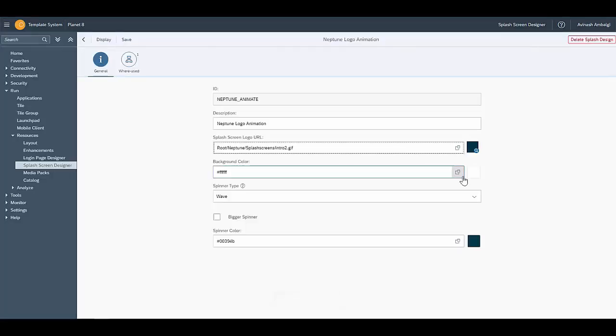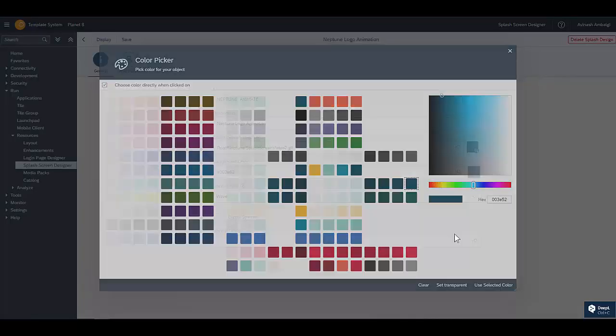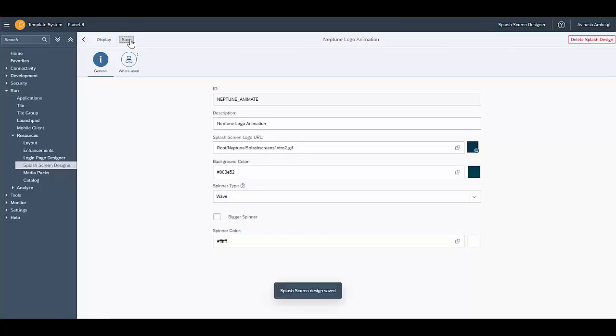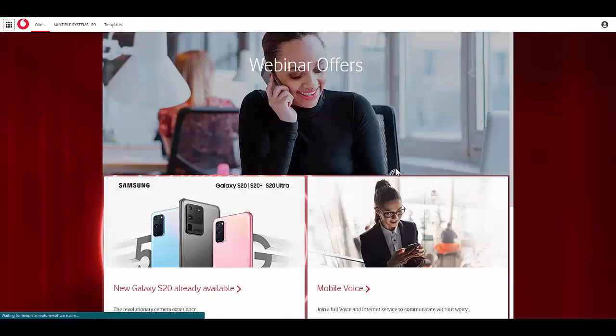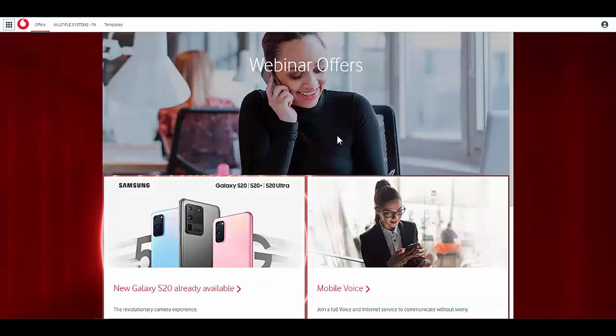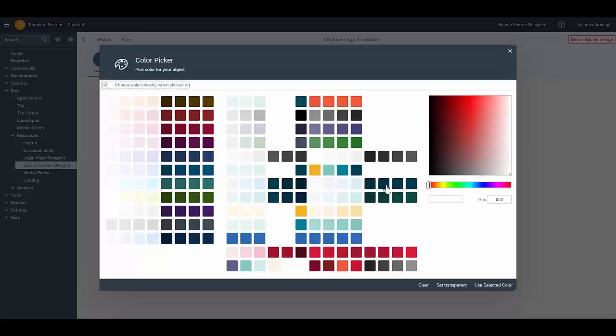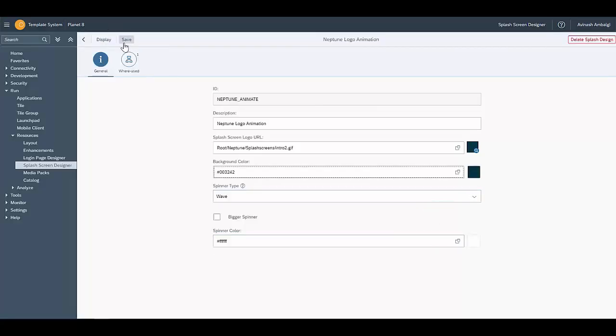And let's select that. Background color, I would change this in here. So this was the background color, and this would be my white, and the spinner type is still the same. So now let's try and reload to see how it looks. You see there's a little bit of animation coming, and there's a little bit of mismatch in the color. So let's go a little bit darker, which could be this one. Save,